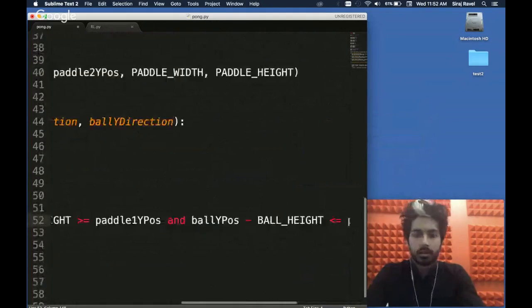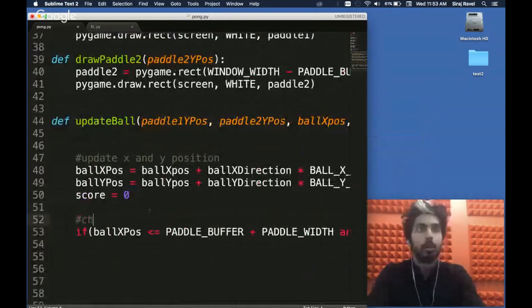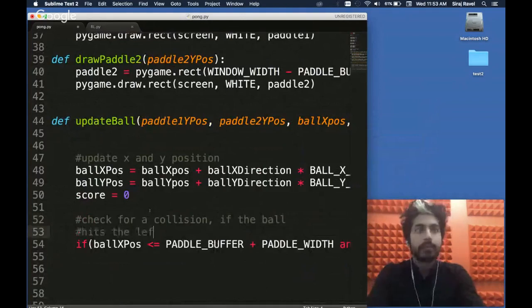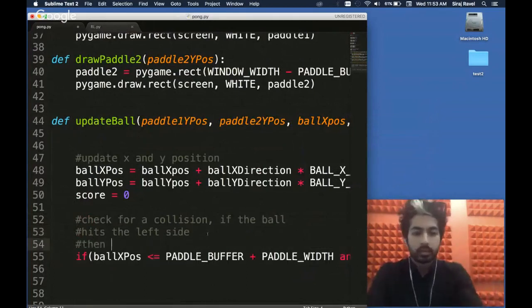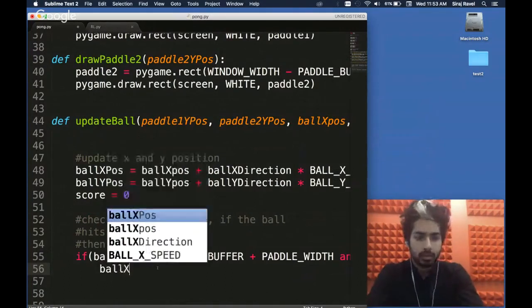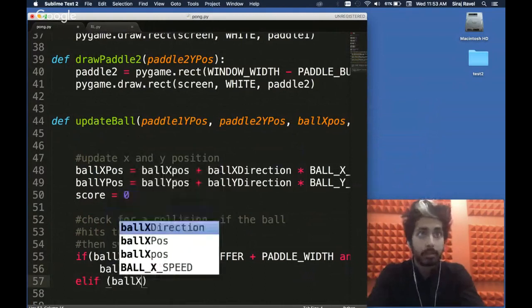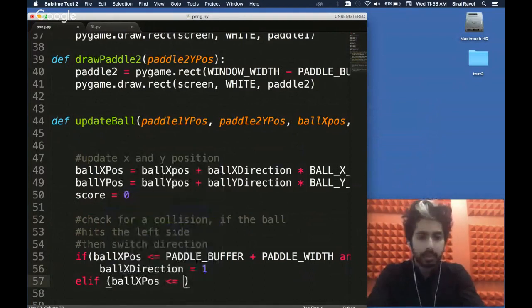All right. So I'm going to write down what this means. This means we're going to check for a collision, and if the ball hits the left side, then we switch direction. So we're going to say ball x direction is 1. Okay, else if it doesn't, so then the ball's position is less than or equal to 0,